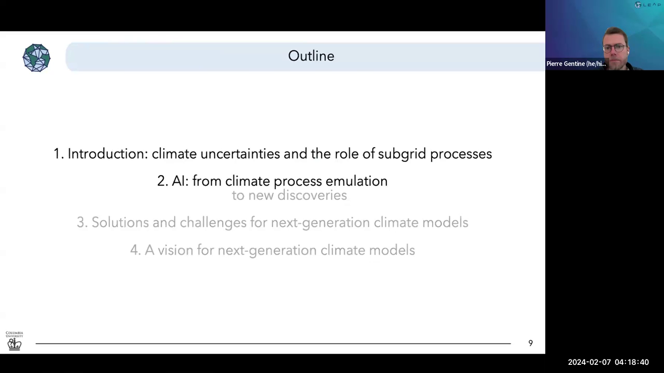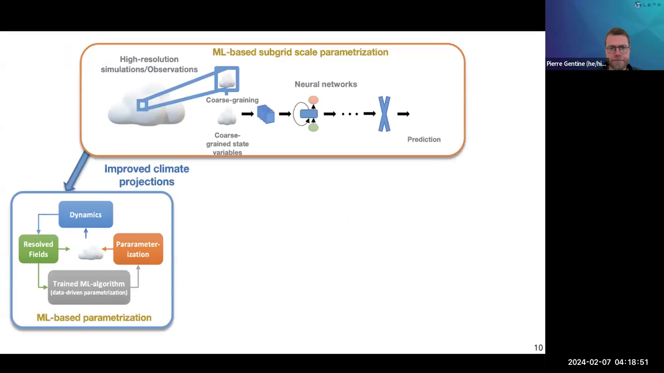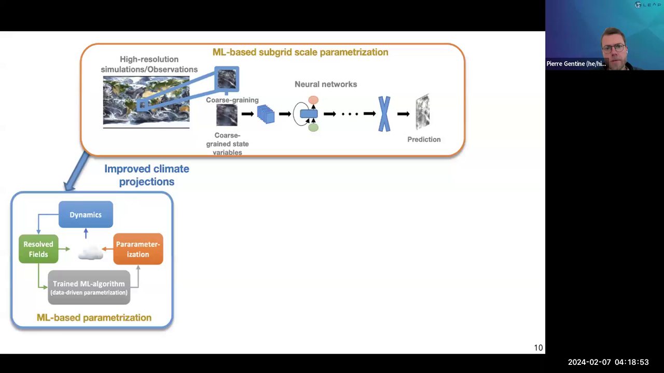So how can AI actually improve climate process simulation? So I'm going to show you a few examples, and then we'll get from that and show that it's not just about emulation, but it's also about new understanding. So what we'll be doing is trying to look at high resolution simulations or observations. And typically, those simulations or observations will be taken at much finer resolution than what we have